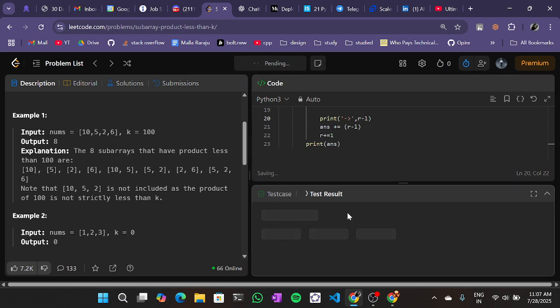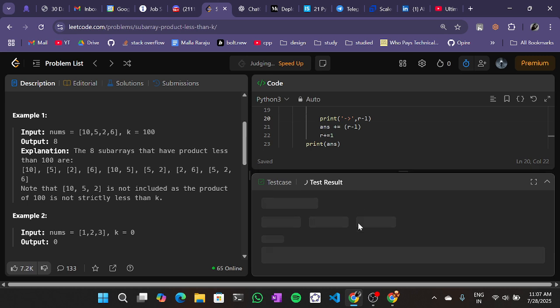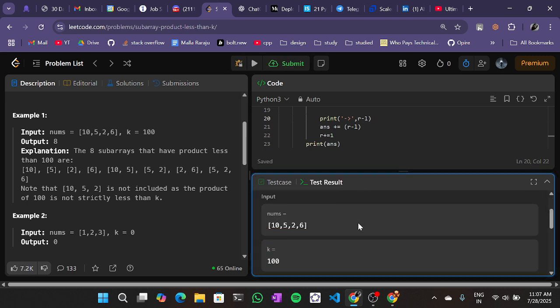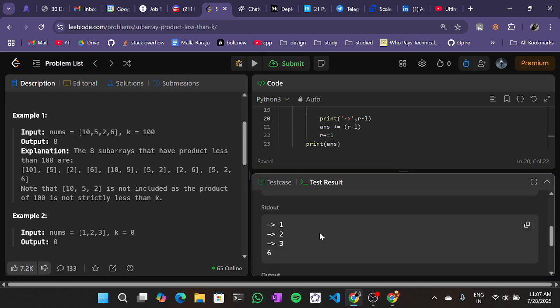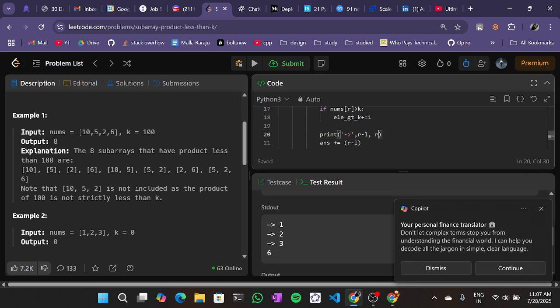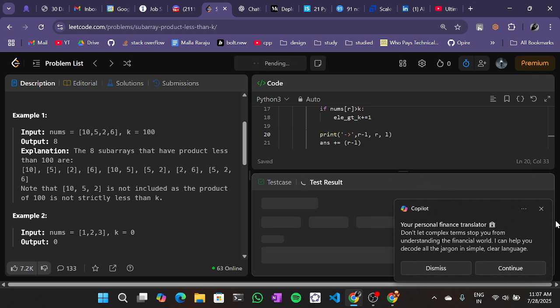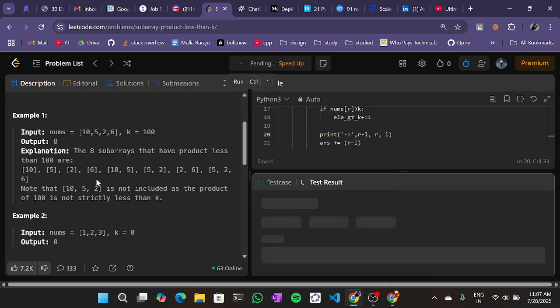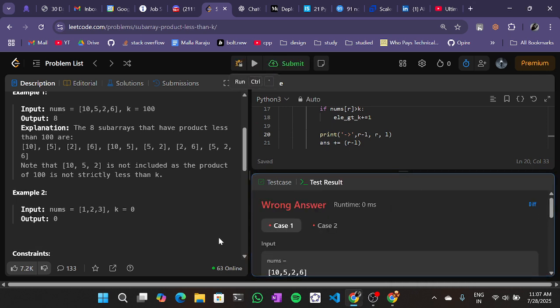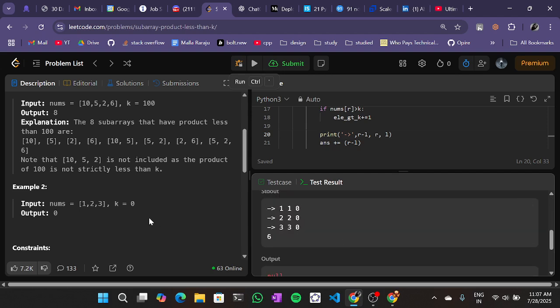Let's see how we are getting the answer. Or we have to avoid this 3 part. No,